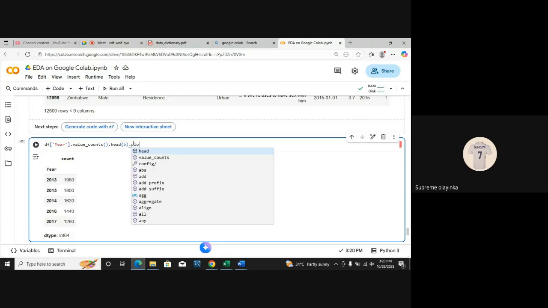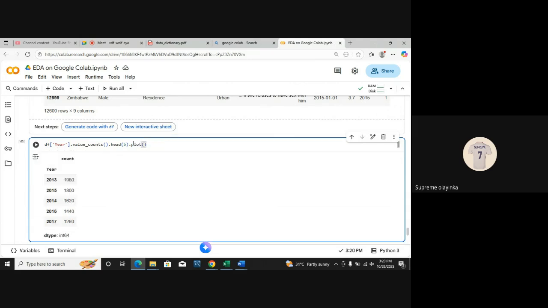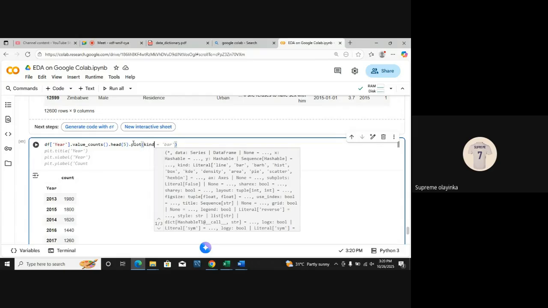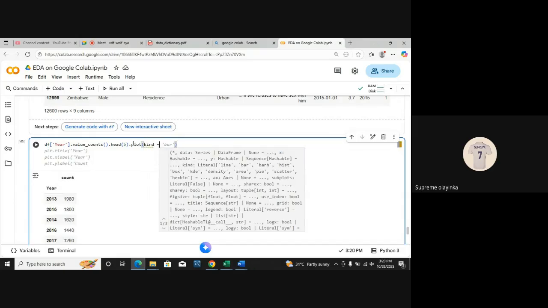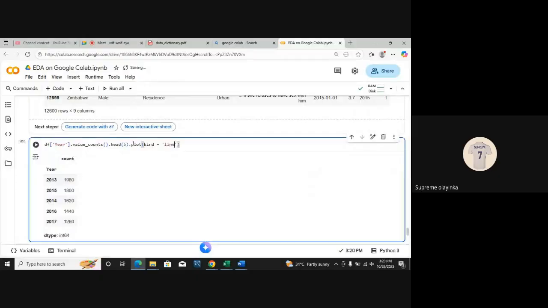So let's say dot plot. So let's do kind equals, let's do line. I'm guessing you have something called line.